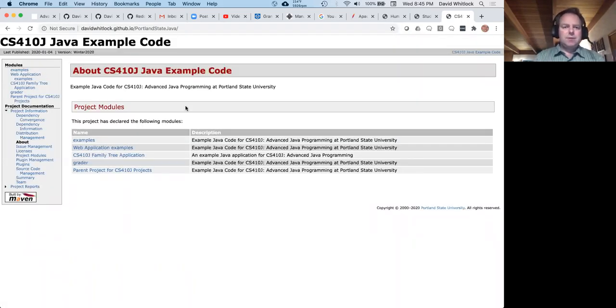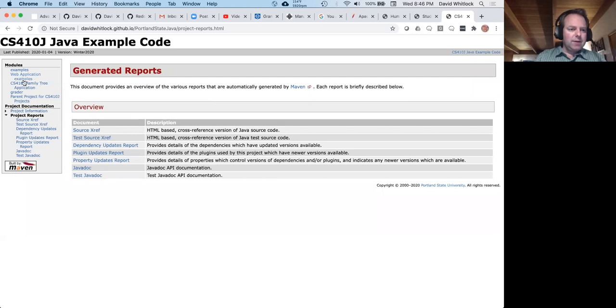I'll show you how to do this if we have time. It's getting late. But what I've done is, this isn't for my summer 2020 code. This is for all my code in general. I've created a Maven site and I've deployed it off to github.io. And so now, here is all this stuff out on the internet. And so I can go and look